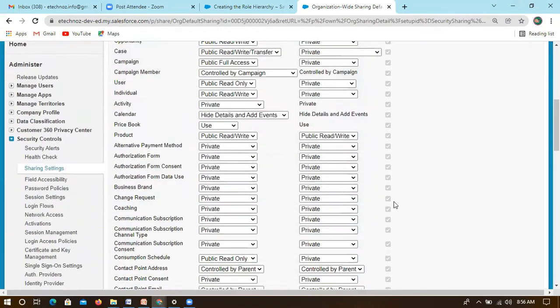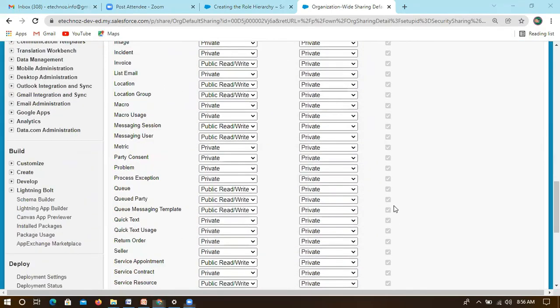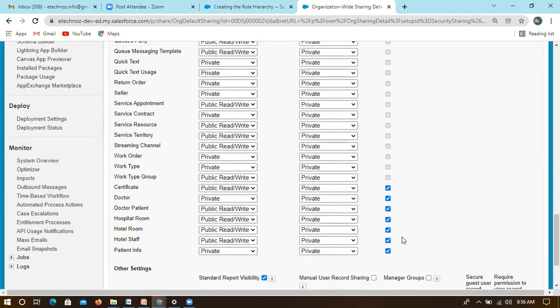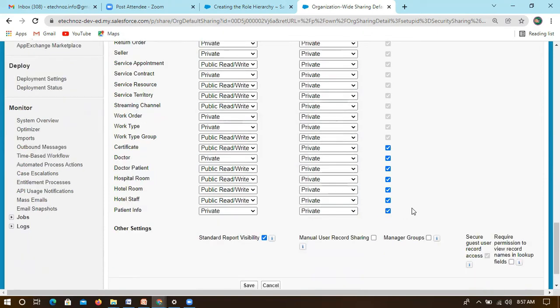Grant access using hierarchies means managers can also see the records below them as well. Let's consider the user we are logging in as is a manager. Then he can see the records at the below levels as well. As we discussed, like 60 records you can see as a manager from the below level representatives as well.